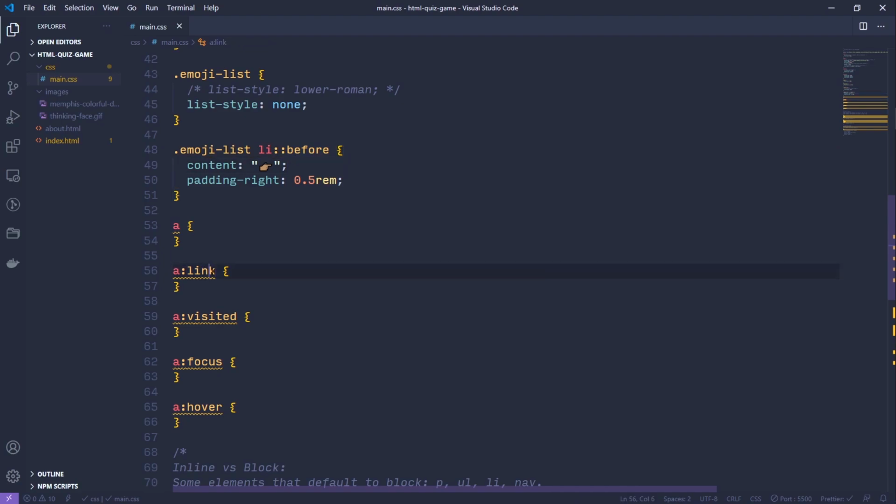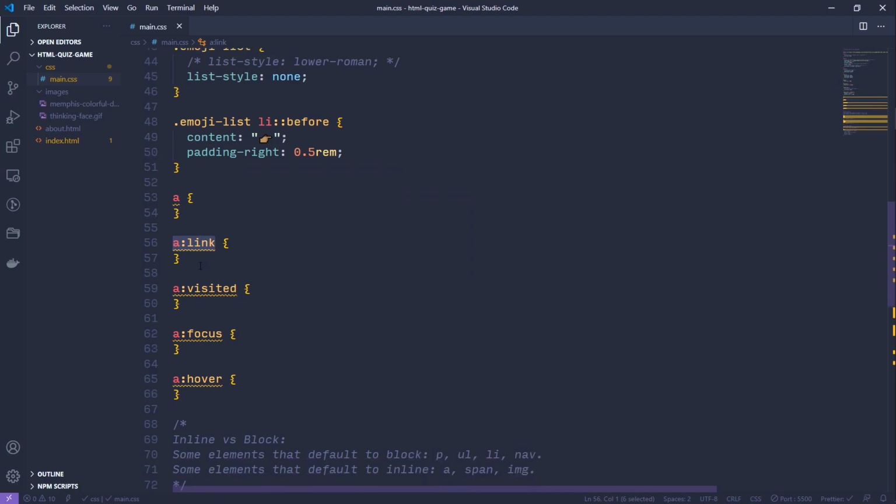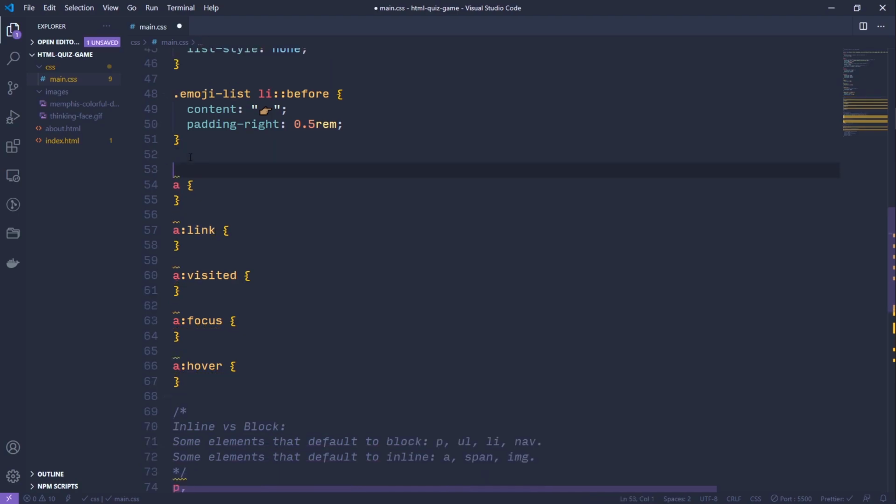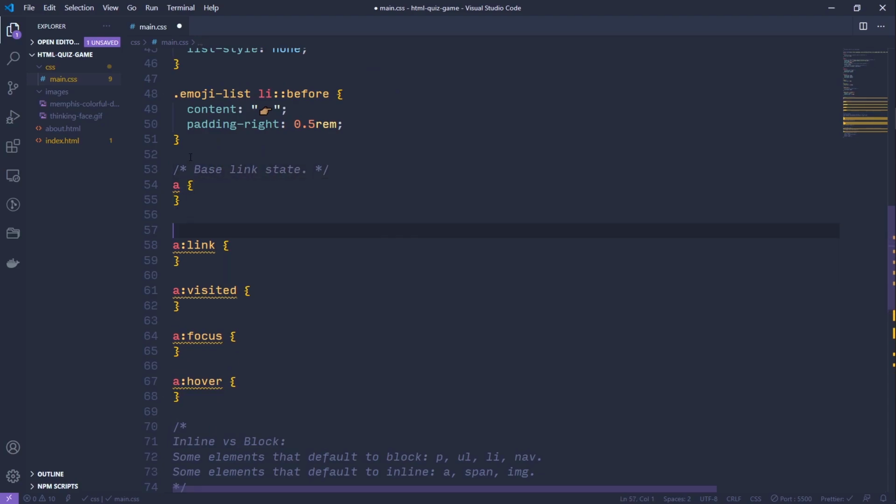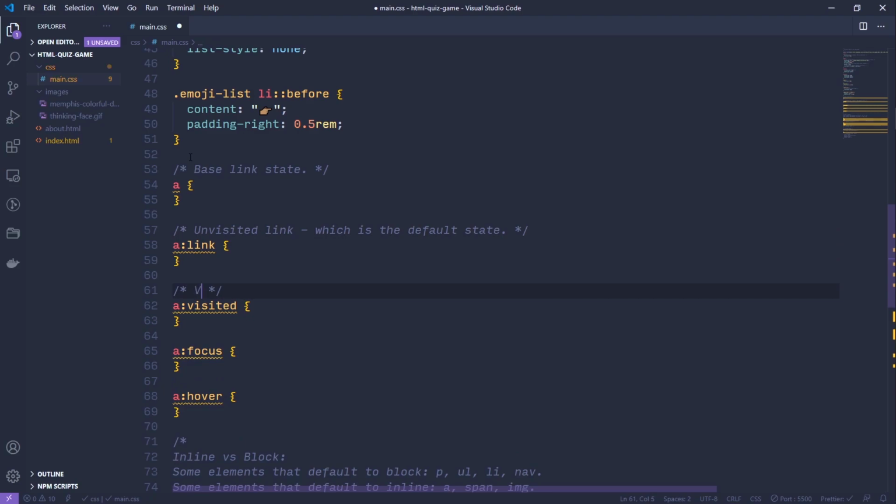Pseudo classes allow us to style elements when they're in a particular state. So this would be the base link state. This is an unvisited link, which happens to be the default. Visited link,